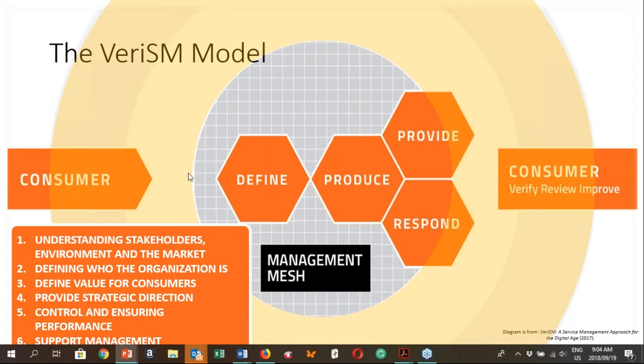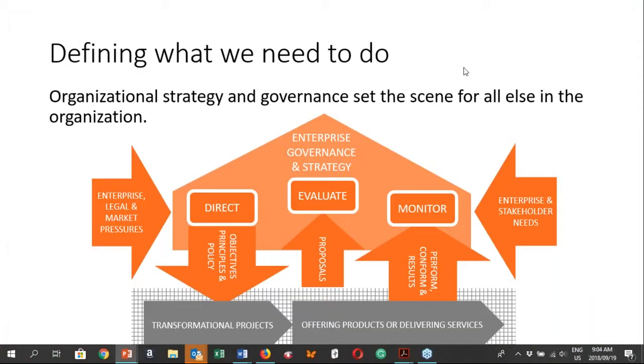So without any further ado, let's jump right in. Unashamedly, we've borrowed from ISO 38500 the governance model, and you probably know that many other good practices have borrowed this model too, and the reason is quite simple: it's an excellent governance model. We say the governing body within the organization basically has only three tasks. They need to evaluate, they need to give direction, and they need to follow up and make sure that direction was acted upon.